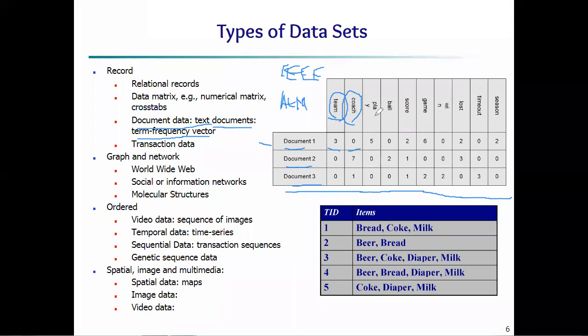You might be thinking about why this word is given. Dear students, in a document there are n number of words. For example, words like "add" are not technical words. We can say this is noisy or irrelevant data. So how do we remove it? What process do we have to perform to remove it? Pre-processing. After pre-processing, this type of data will be removed. Is everyone clear? So this is document data.